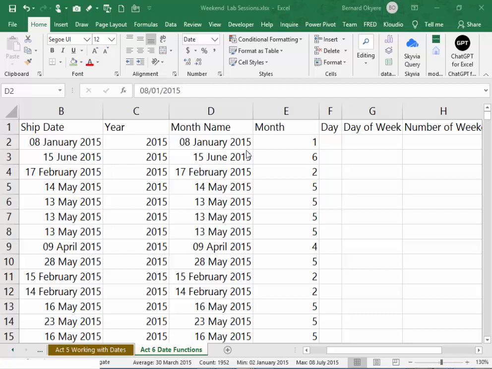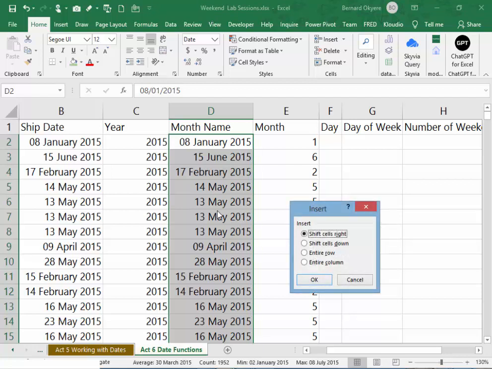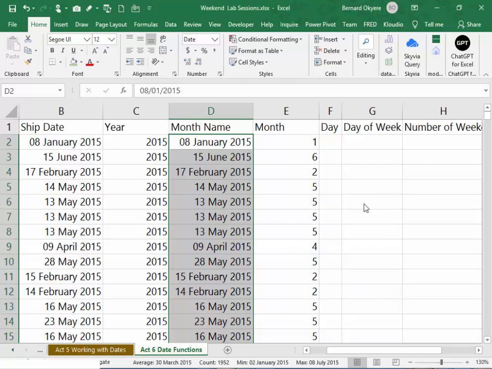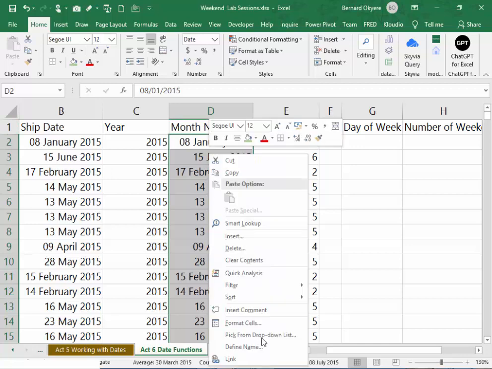You right click and click on Format Cells, or... Format Cells. Oh, why is it not working? Okay. Alright. So right click, Format Cells,